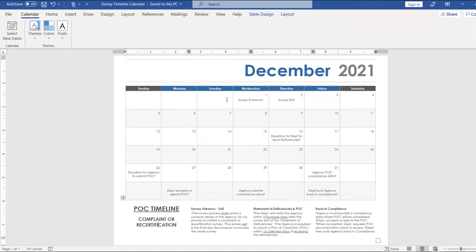So let's do some counting. You don't count the day of the survey exit, and we're counting business days. So we start on Friday the 3rd: 1, 2, 3, 4, 5, 6, 7, 8, 9, 10. By Thursday, December 16th, that's the last day in which the department has to issue the statement of deficiencies to the agency. That's just a list of deficiencies or citations that the agency received as a result of